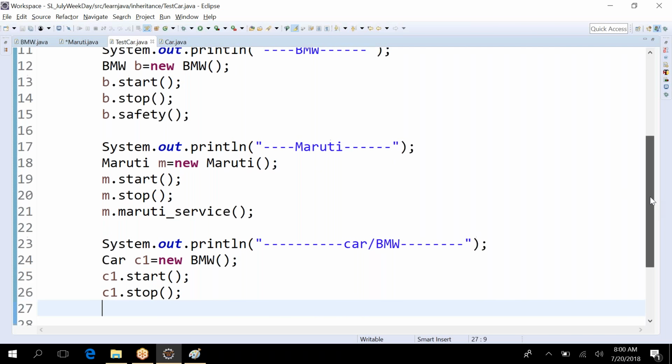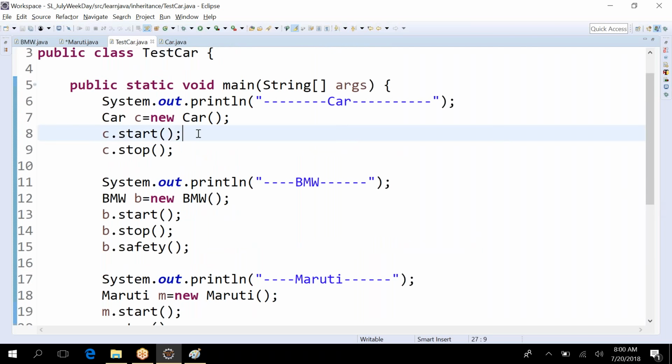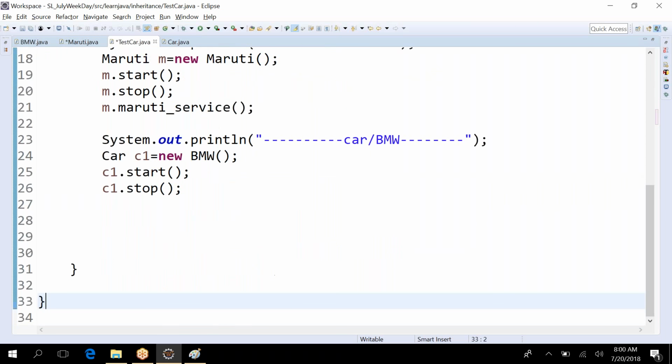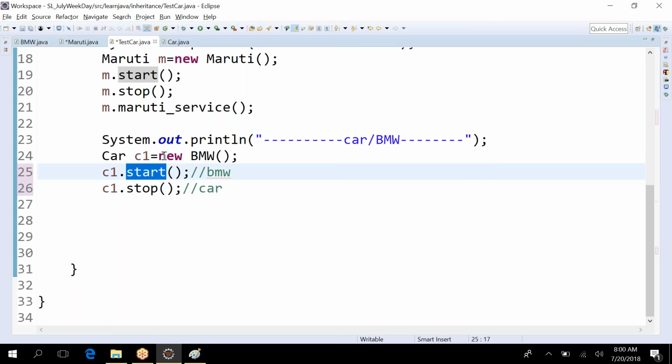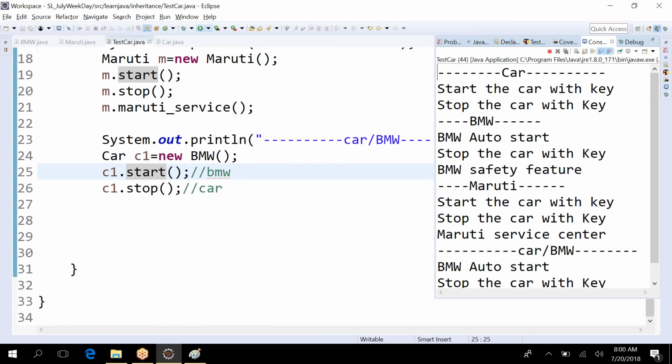It's only a small use. Here the start is coming from the car class. Here the stop is coming from the car class. Here the start is coming from BMW. Stop is coming from car. So if any method is present in the BMW, it will be called from BMW. So if I run it, see,